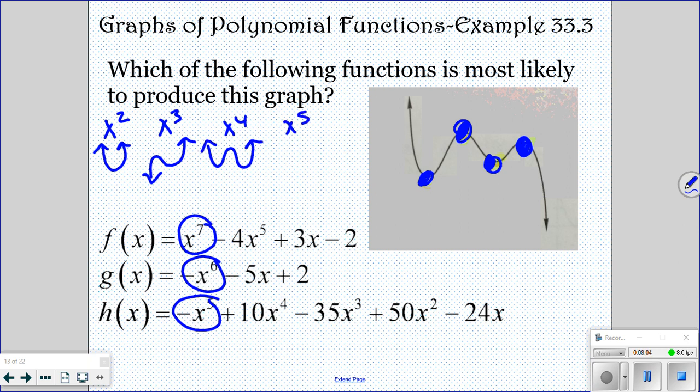X to the 5th, when it's positive, is going to look like that. X to the 6th, when it's positive, it's going to do that. And then x to the 7th is going to go back to something like that. And then whenever they are negatives,